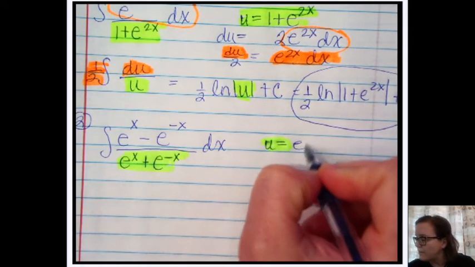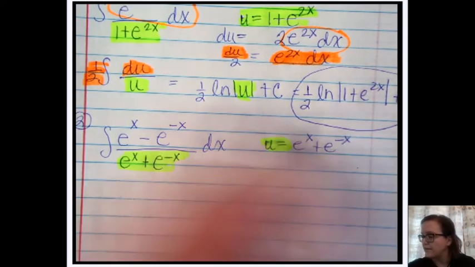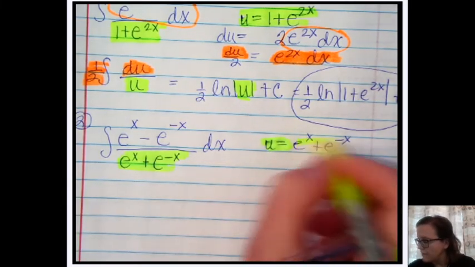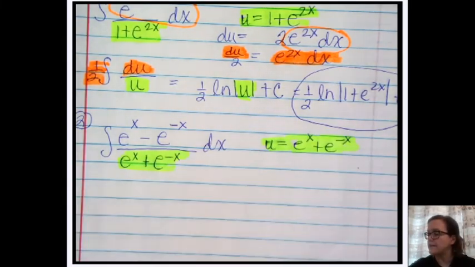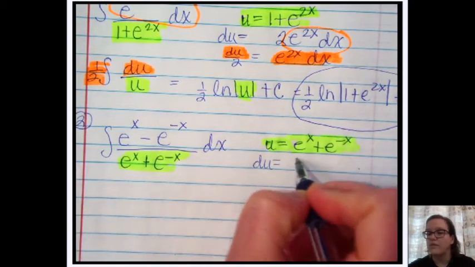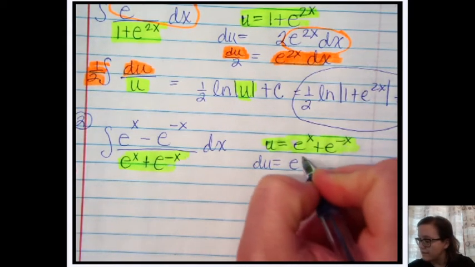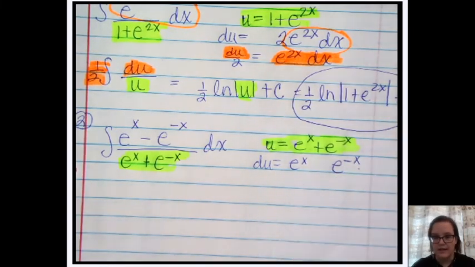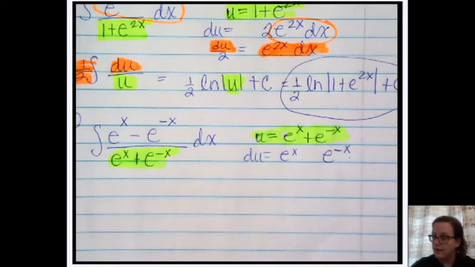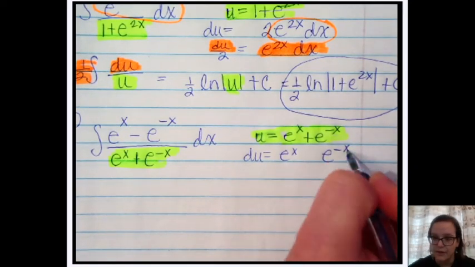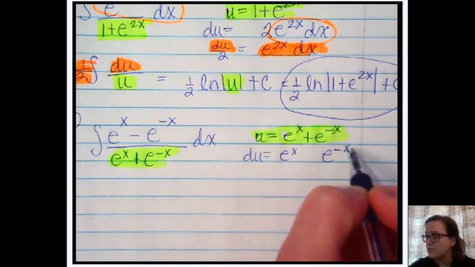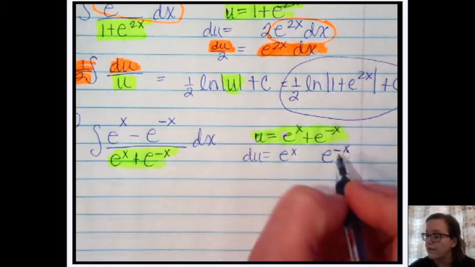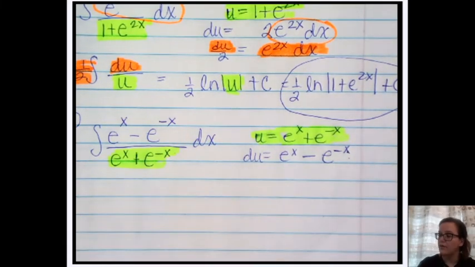Okay, so if u equals e to the x plus e to the negative x, we now need to take the derivative of that. So the derivative of e to the x is just e to the x. Okay. The derivative of e to the negative x is, again, you just take the original function. Okay. But if it has something besides x up here, you have to use the chain rule, which just says go ahead and multiply by the derivative of negative x. So the derivative of negative x is a negative 1. Okay, so it becomes e to the x minus e to the negative x